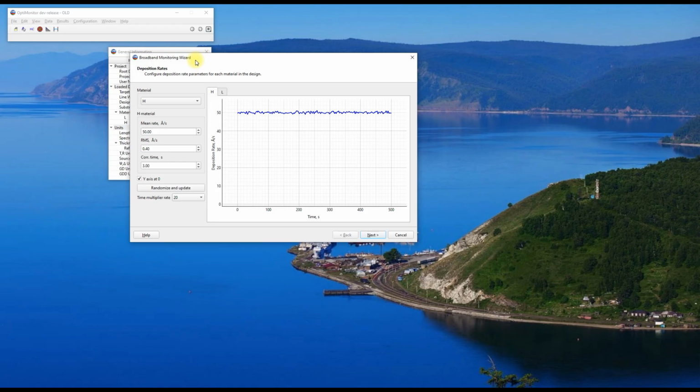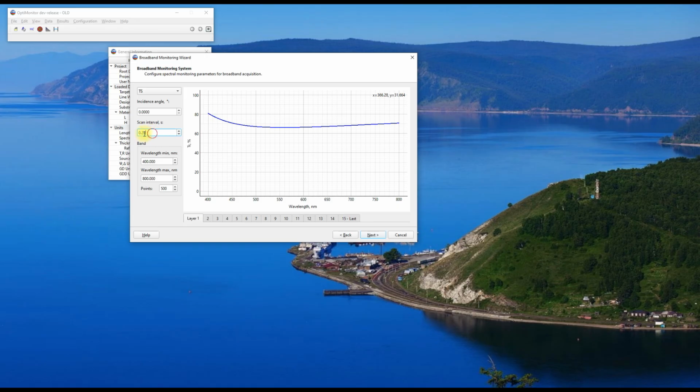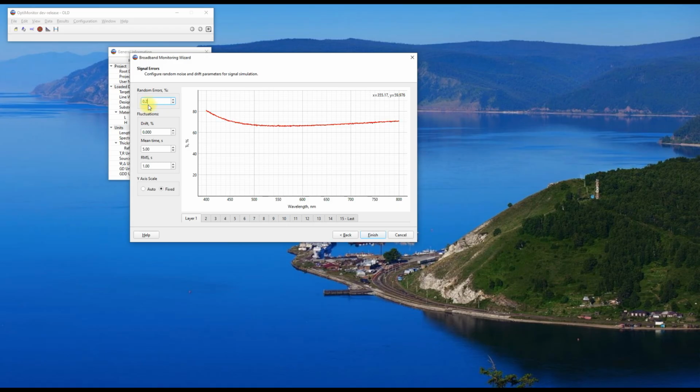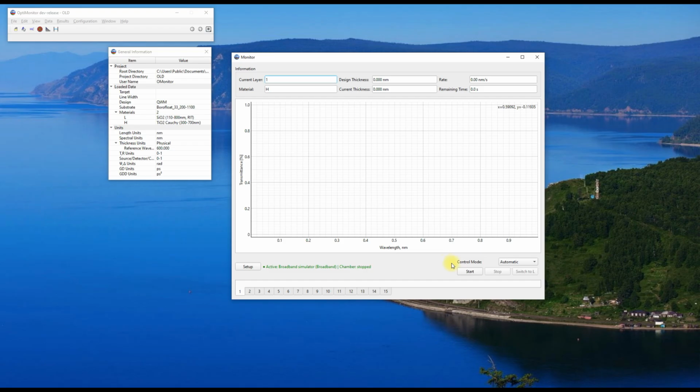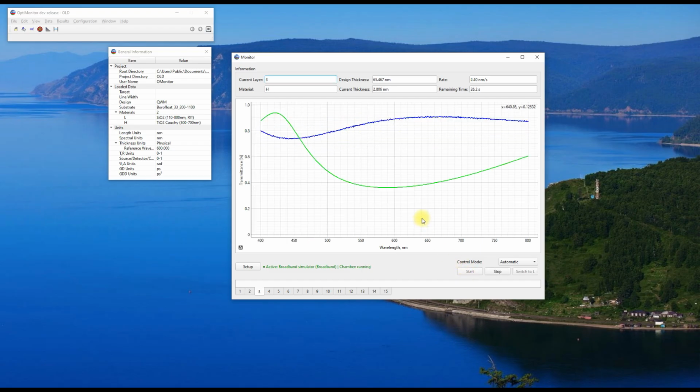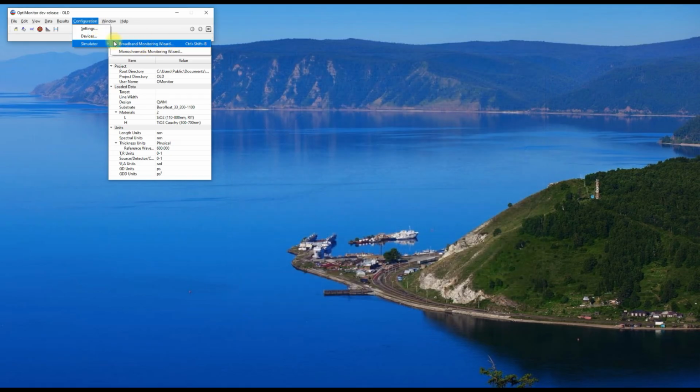Simulation allows for modeling the conditions under which the optical structure will be deposited. In the Simulation Settings window, the user first configures the parameters for the material sputtering process. Next, the user defines the spectrometer parameters. Finally, the user can set the expected errors in the signal obtained from the spectrometer. After applying these parameters, the user can run the simulation process, which you can observe on the screen now. Just like in a real deposition, simulation is available for both broadband and monochromatic control,